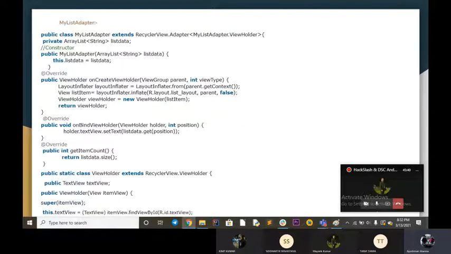Now what we do is we take that box and we give it to the on bind view holder, and this bind view holder assigns data to the things that are inside that box. Like in this case, we have a single text view, so we are assigning a single text here. So what we are getting is the position of that particular name, and we are assigning that data here with holder.textView.setText. So just get an idea from here. It will be cleared ahead.